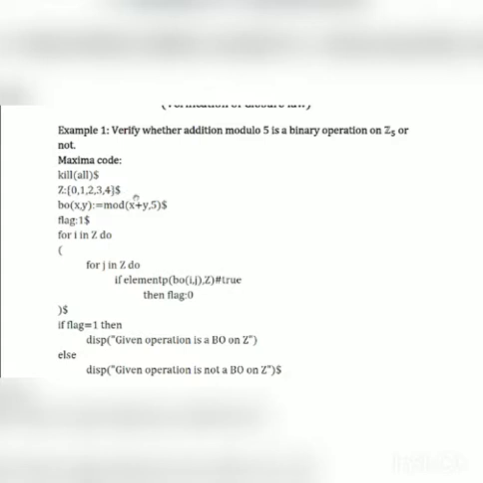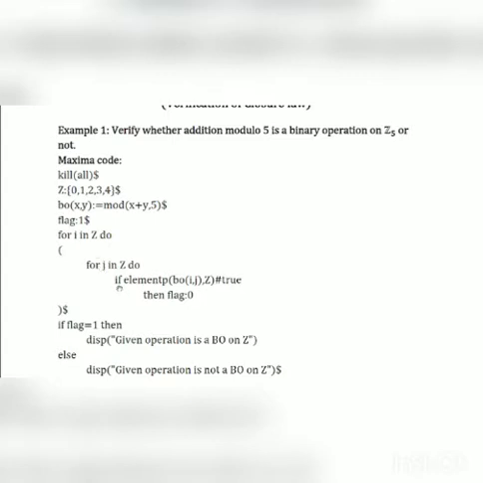Remember, while solving manually, I said A, B. Row heading is A, column heading is B. In a similar manner, instead of A, we are giving I. Row heading is I and column heading is J. For I in Z do, for J in Z do. Remember, we have to take two values, A and B. So similarly, I and J instead of A and B.